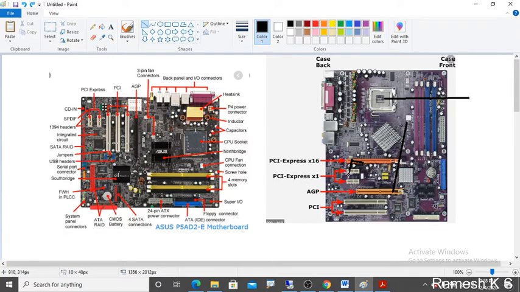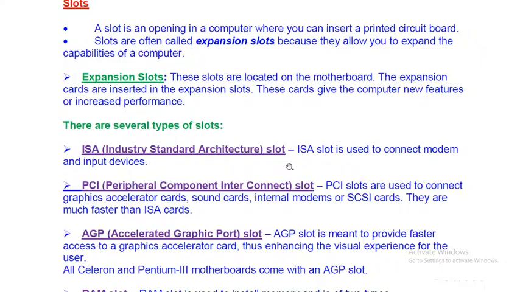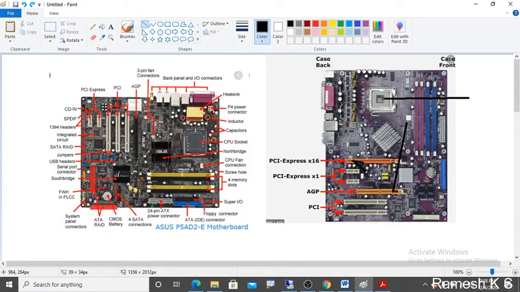In these PCI slots, peripheral component interconnect, we insert devices, sound cards, graphics accelerated cards, and internal modems also. Slots means this area. We can accommodate sound cards, internal modems, and accelerated graphics cards in these PCI slots.